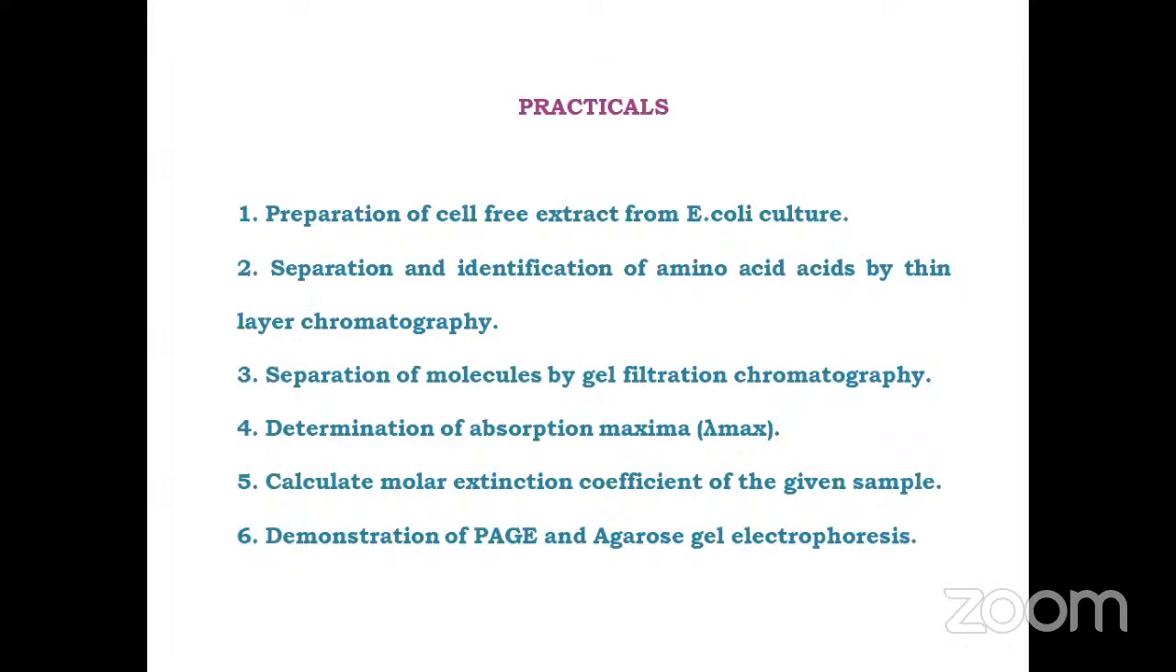These are the practicals associated with this course, techniques in biochemistry. Almost each unit is covered in terms of practicals. 1 or 2 practicals are related to all the 4 units. So they learn how to make cell extract, then how to separate and identify amino acids by thin layer chromatography,